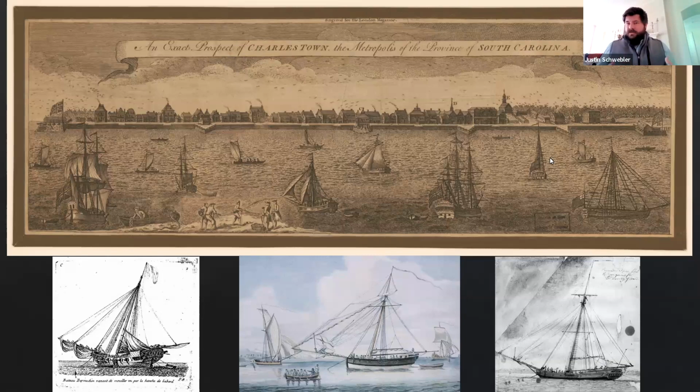And the workhorse of that economy is the Bermuda sloop. And so, as you all well know, and are probably much more knowledgeable in naval architecture than I am, the Bermuda sloop is really a revolutionary contribution to the Atlantic trade world. Dr. Mike Jarvis has done a fantastic amount of research into the islands of Bermuda and their economic importance. His book, In the Eye of All Trade, really outlines the importance of the Bermuda sloop in the Atlantic world. Bermudians are constructing these fast, revolutionary, shallow draft vessels with these wildly raked masts that